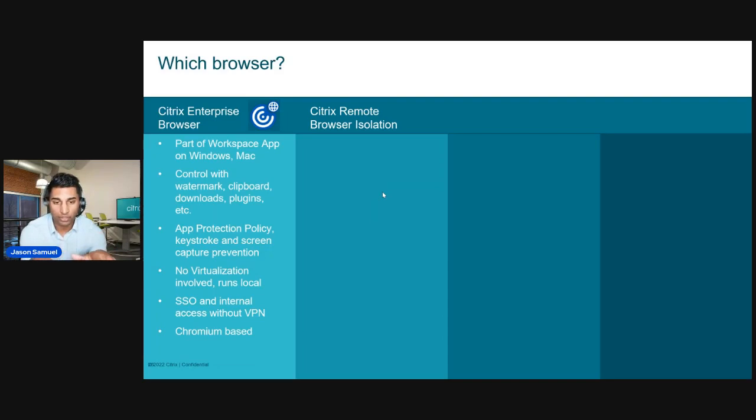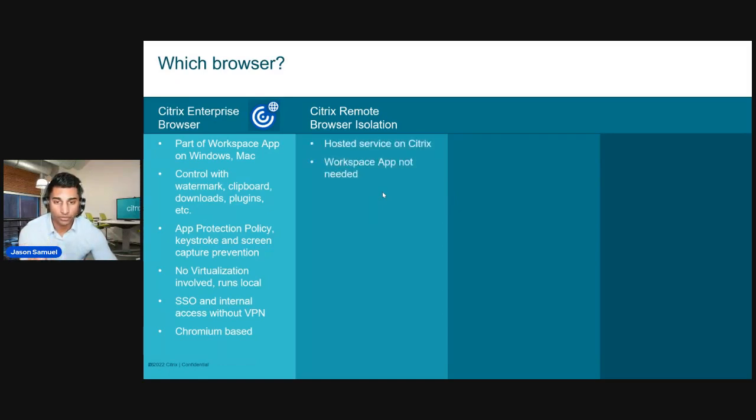No VPN. I do have VPN capability, but I don't use a VPN. I've got a laptop. I run around all the time. I stopped using the VPN entirely. I have no need for it. And again, it's Chromium based. So I use Chrome as my personal browser usually, and I use Firefox too. I bounce around depending on what I'm trying to do. But for the most part, I use Chrome. And then this enterprise browser is Chromium based. It pops up just like Chrome, and I can use the same plugins if I wanted. I can't tell the difference. So that's the beauty of the enterprise browser.